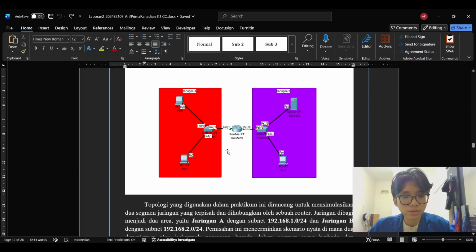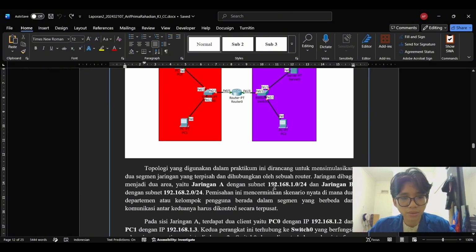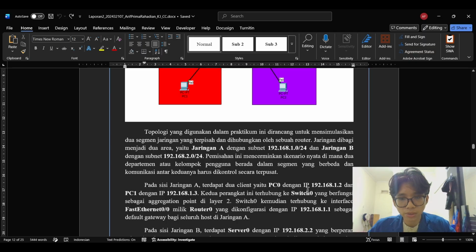The topology consists of two separate network segments connected through a single router, which is Router 0. The first segment is Network A, using the subnet 192.168.1.0 with prefix /24. Inside this segment, there are two client PCs. First is PC0 with the IP address 192.168.1.2, and PC1 with the IP address 192.168.1.3.